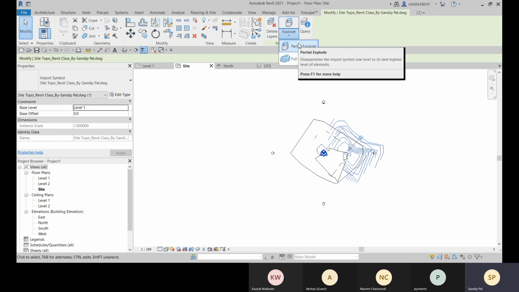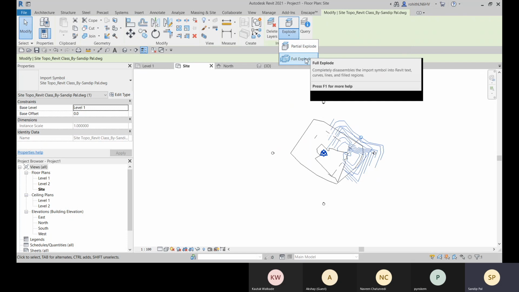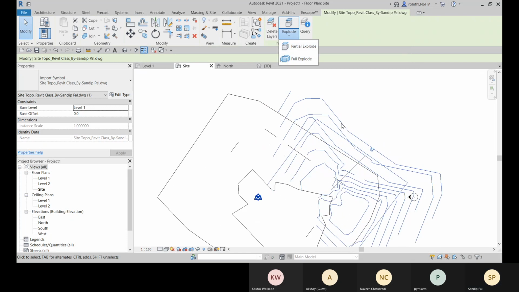This can be exploded. You can partially explode or you can fully explode. So if you have a CAD file which you have inserted by the import CAD option, then only you can explode it.